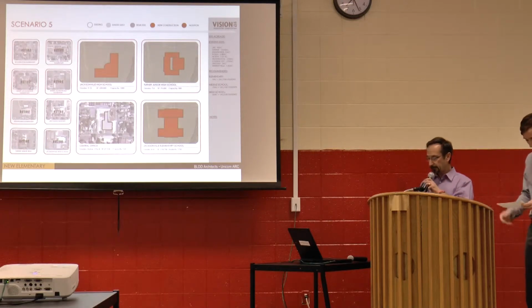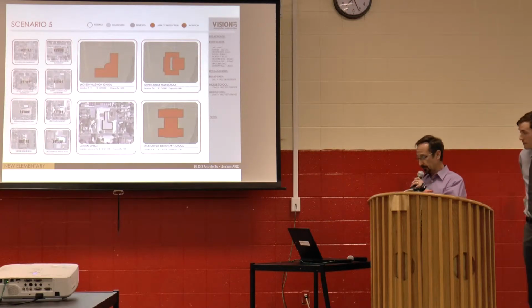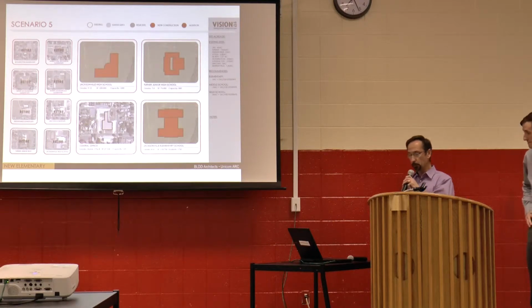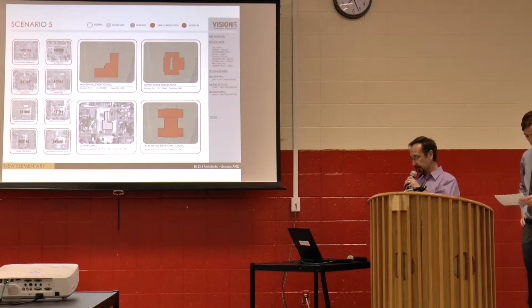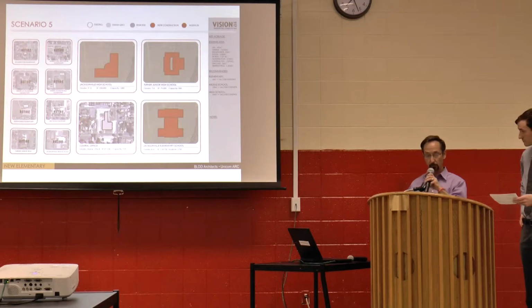In scenario 5, it's very similar to the previous scenario. There would be a new high school constructed on a new site, a new Turner Junior High, grades 7 and 8, constructed on a new site, and then every student, grades K-6, would go to one 1,750 student elementary school on a new site. The central office would remain in use for administration and pre-K, but all of the remaining facilities would be retired.